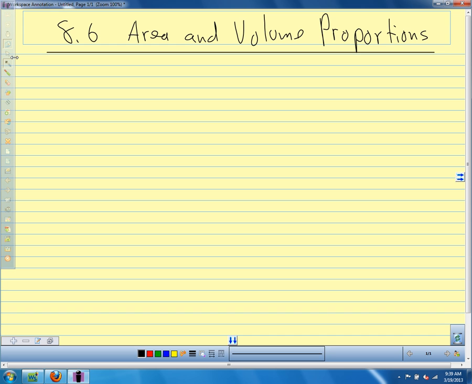And if we have a 3D shape, if they're similar, with flat shapes, with 2D figures, we want to figure out how their area compares. And if they're 3D shapes, we want to figure out how their volumes compare. So if we know they're similar, how do we compare their volumes? How do we compare their areas? So we have a couple of rules that we can use. So we have, if we know two similar figures,